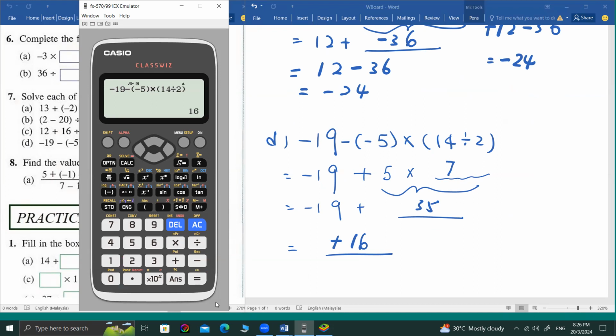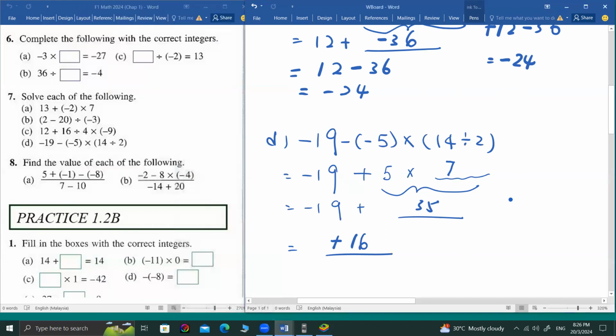Okay, then you get 16. 16, you want to write plus or without writing the plus, all accepted. 明白了没有 all of you? Got it? Any question to ask? Ewan okay 吗 Ewan? 可以吗